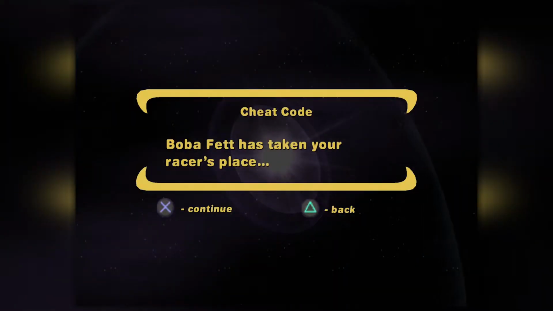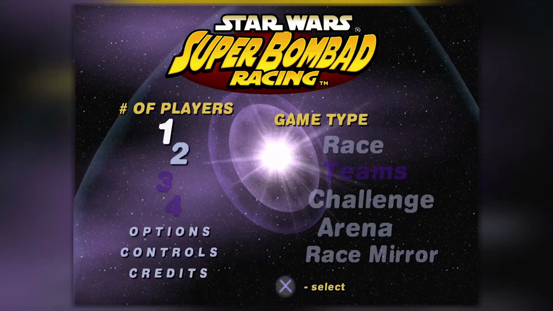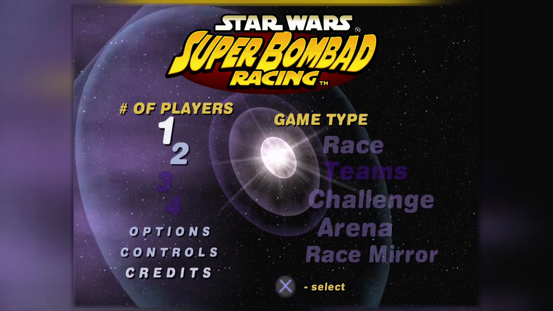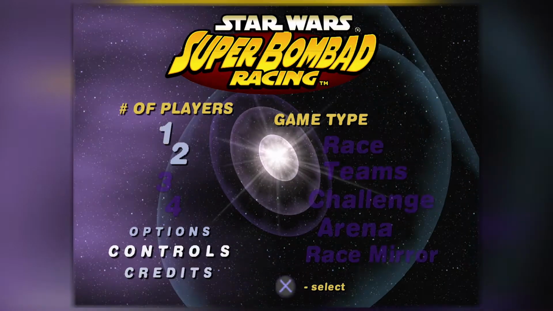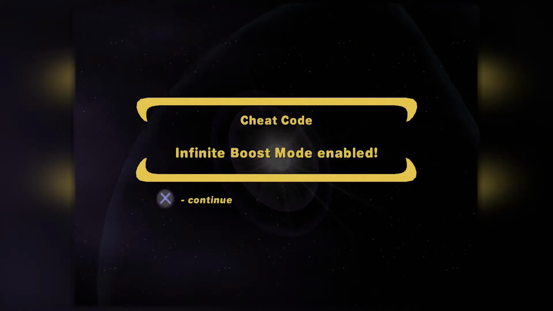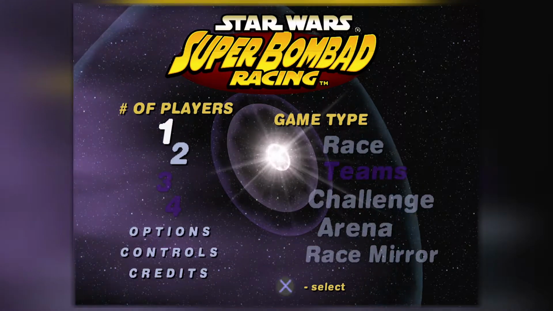Something that shows this game's age inadvertently is the fact it has cheats that can be activated from the menu, and these are actually insane and what you can do to help keep this game fresh and fun. So here's a little list of them. All Death Star mode, which turns every item into Vader's special move, and as you can imagine, it's pretty strong. You have infinite boost, mirrored mode, play as Boba Fett, a tank, shark racers, and even Naboo